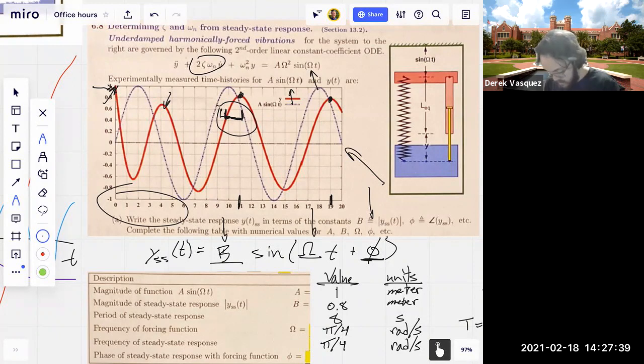And that's because on this plot here, so I'm looking again on page 80, you have the amplitude ratios of B over A. So we know our amplitude ratio of B over A is 0.8. And so this plot is giving us B over A versus omega over omega n. And so, is this the best plot that we have? So the idea being, you find your amplitude ratio on the y-axis, and